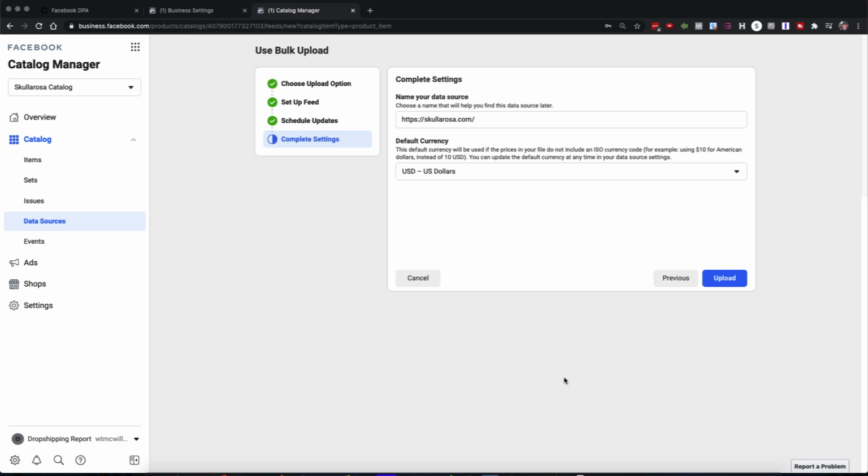I leave mine hourly. It's going to ask you to name your data source, and this is just saying that it's coming from the store. So I'm going to rename this to Scalerosa CHQ, because it's coming from the Commerce HQ store. That's just the way I name them. You can name them however you want. It's just best to be consistent. Then you click on Upload,